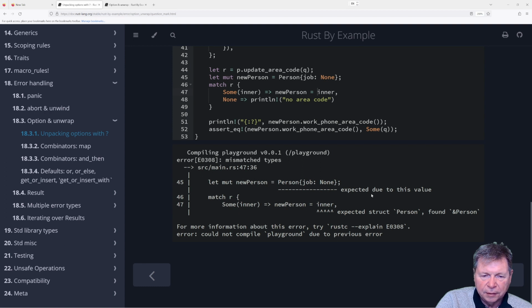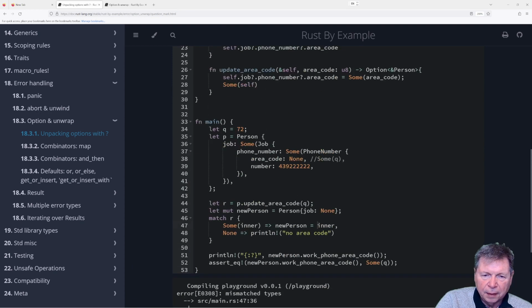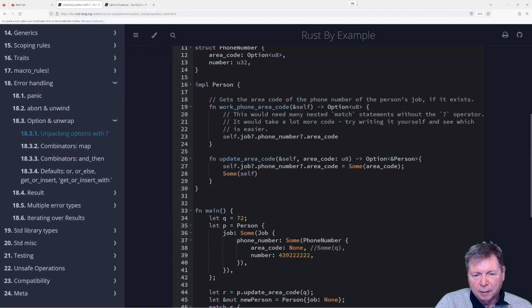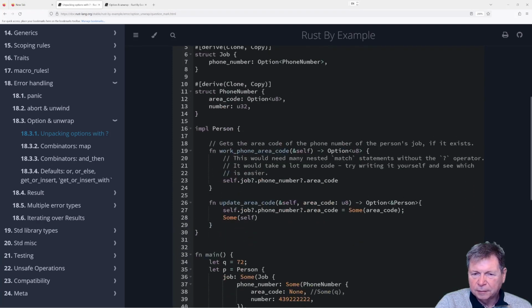Expected struct person found ampersand person. Oh, okay, right. So I'm expecting a person, but this inner is an ampersand person. Can I do the, is it, I forget, is it that? Or, yeah, I think it's that.